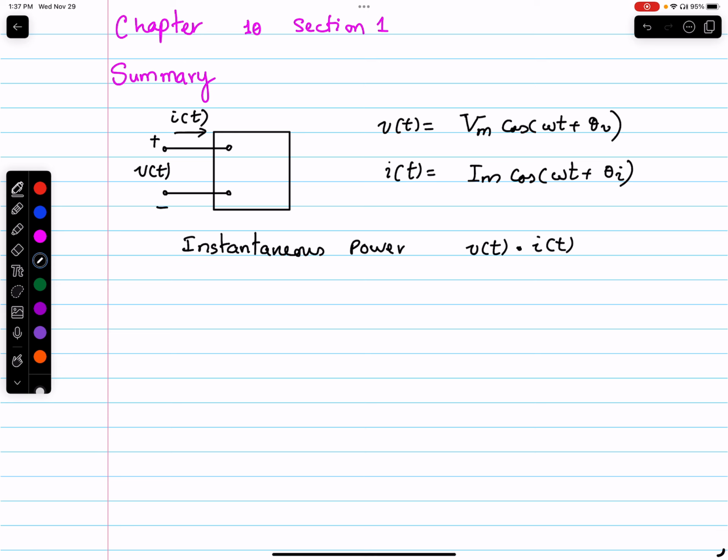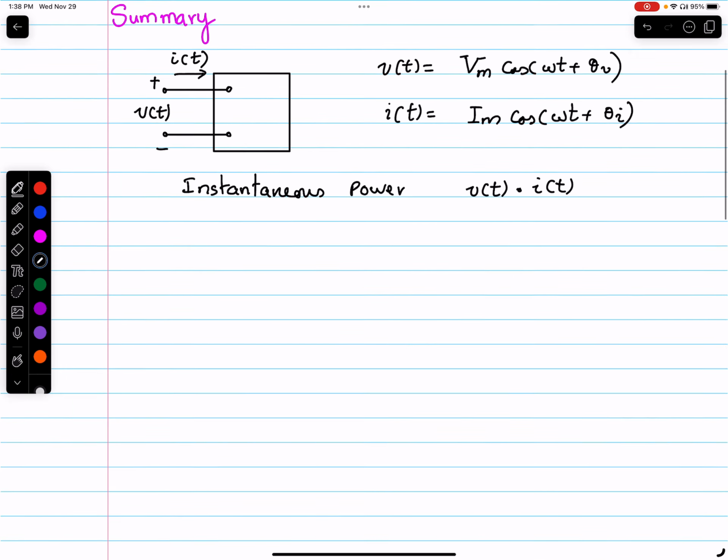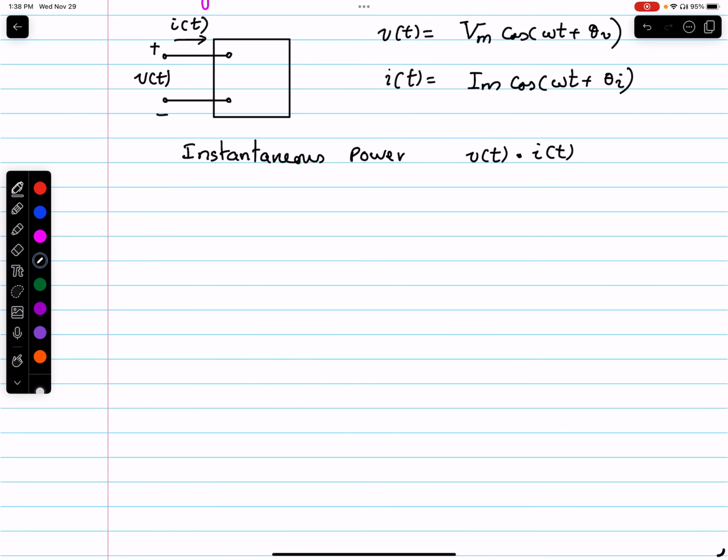So we saw that the instantaneous power is the product of this, and then after applying a few trigonometric identities, we saw the equation for the instantaneous power p(t) to be Vm Im over 2 cosine(theta v minus theta i)